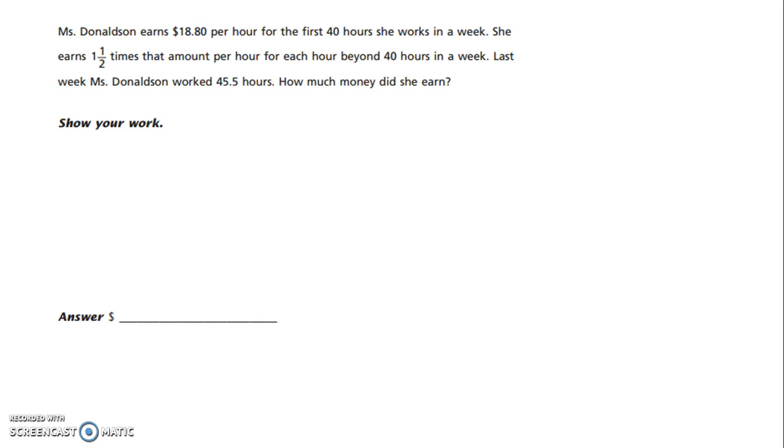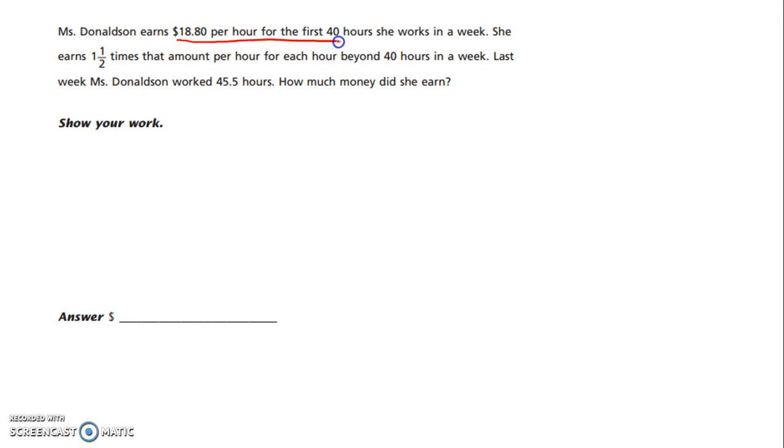So, first of all, this really happens in life. You make a certain amount of money per hour for the first 40 hours you work, and then beyond that, a company will pay you what's called time and a half, or 1.5 times the amount of money you make per hour for every hour you're willing to work over 40 hours. So what you have to do is think about, okay,